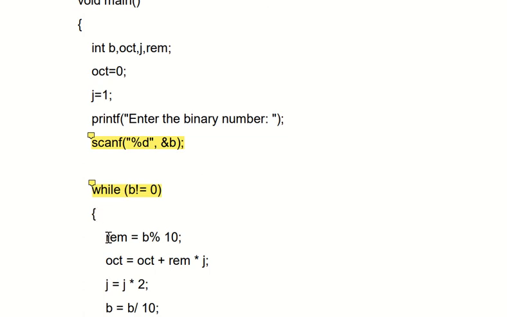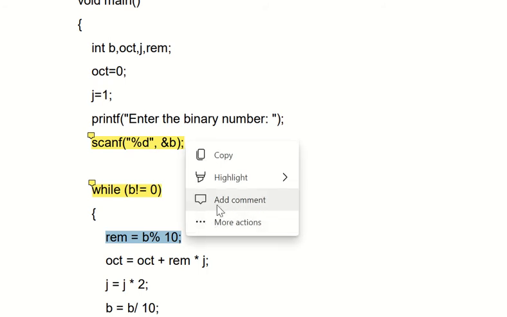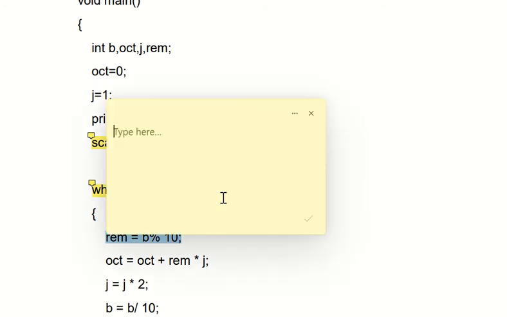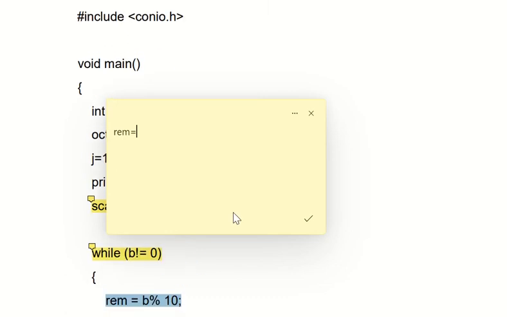Then we have the first statement: rem is equal to b modulo 10. So I'm writing here rem is equal to b. Now we know that the value of b is 11001, and modulo by 10 means you have to divide the given number by 10.